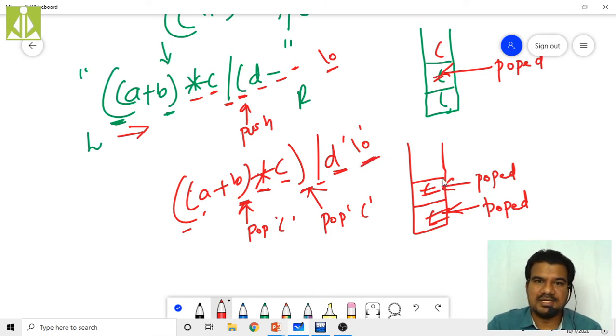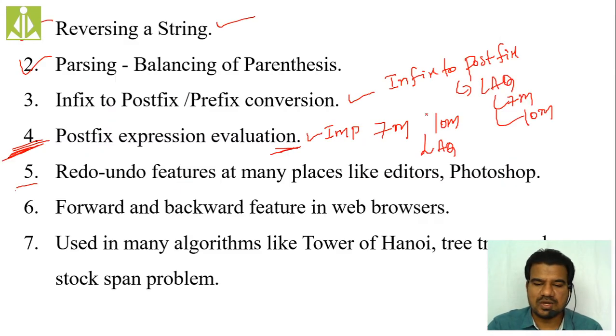Is my stack empty? Yes, my stack is empty and I don't have any opening brackets in my stack. So that means my expression is parsed properly. In this way, we check the parsing of an expression by making use of a stack. If your stack is empty, our given expression is properly parsed. If the stack is not empty after scanning, that means your given expression is not properly parsed, or does not have balanced parentheses. So this concept I have explained.